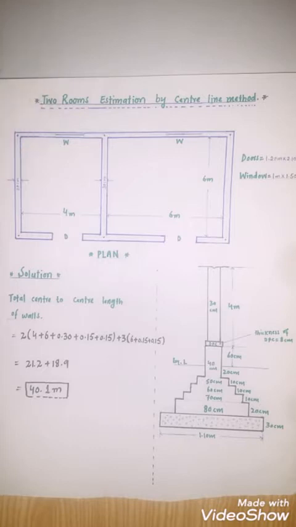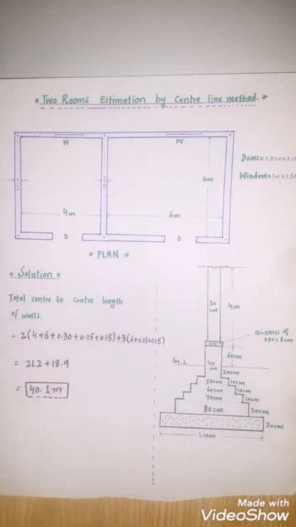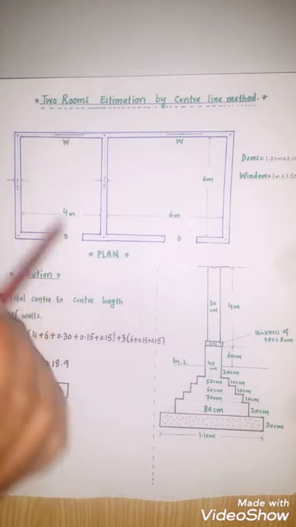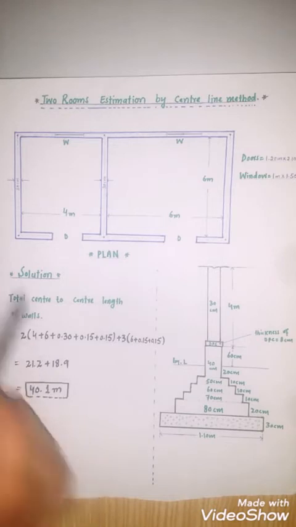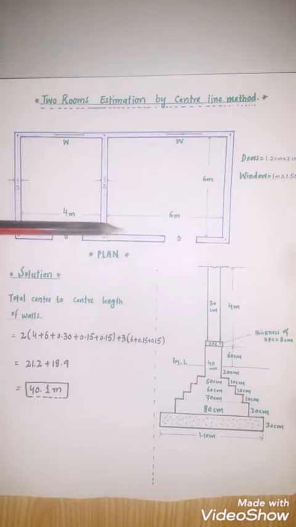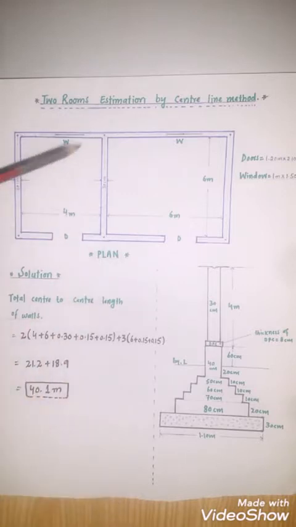My dear friends, first of all we need to find the total center to center length of walls. First I find the center to center length of all the walls. How to find this length? First, I find the long wall length. The number of long walls is 2, so 2 times (4 plus 6). This is the size of one room, 4 and 6, plus 0.30, the thickness of this wall,